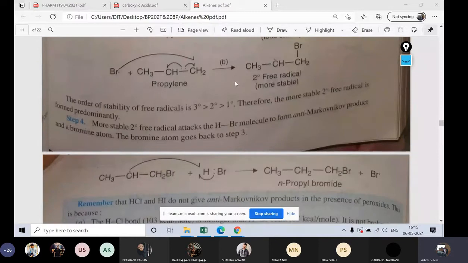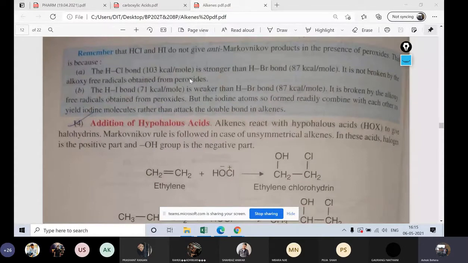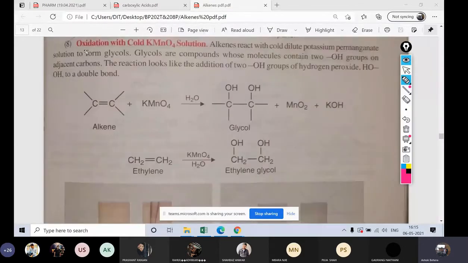That's finished. Then go to the reduction reaction. Then go to the oxidation reaction, because oxidation reaction is having 4 things. Oxidation are of 4 types. In case of alkene, with cold KMnO4, with hot KMnO4, with ozone, and with what is that? One more thing was there. What is this?